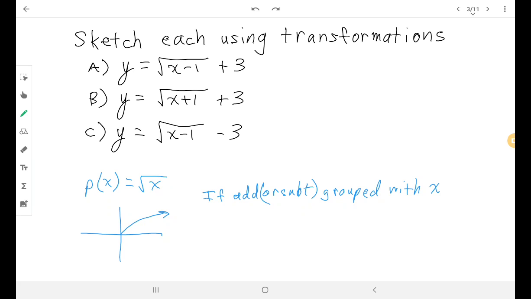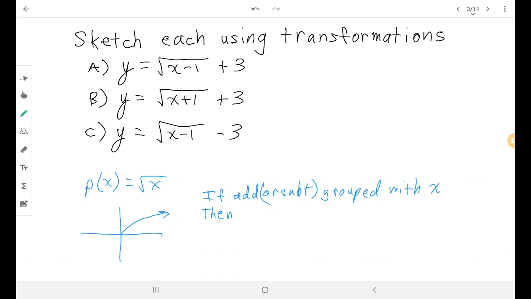Grouping may be symbolized by putting it under the radical symbol, or by having parentheses around the x. Lots of ways to show grouping. Okay. If you add or subtract grouped with x,